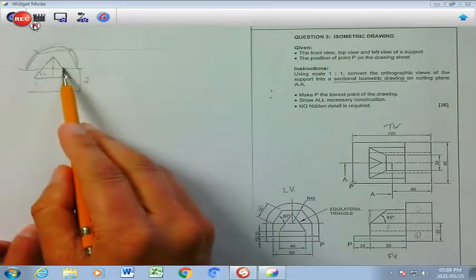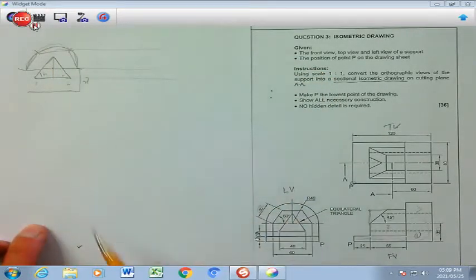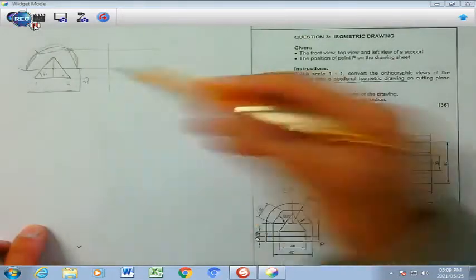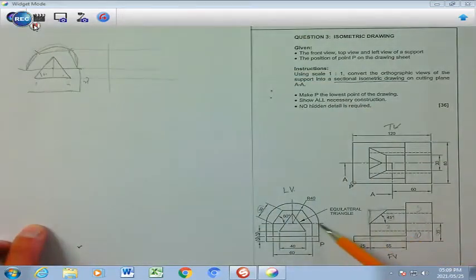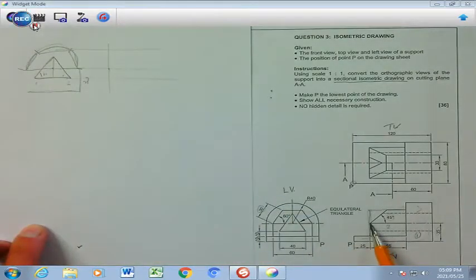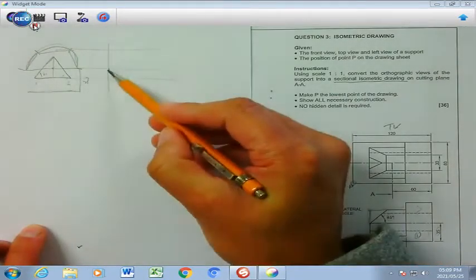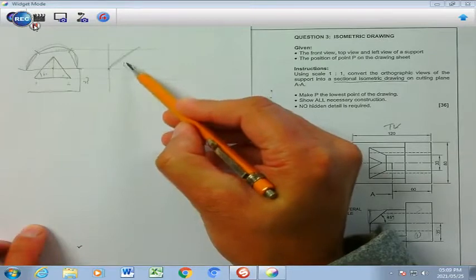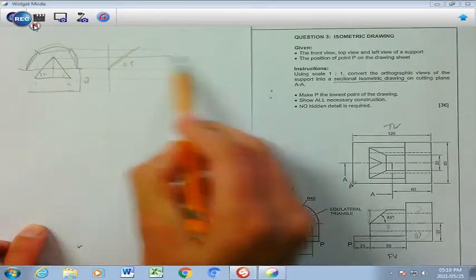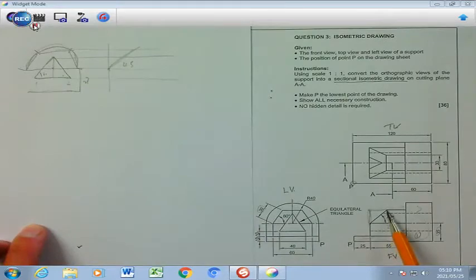And then you're going to project this over across like that, so that you have this piece of shape taken out and placed here, which means that point there is going to be this point over here, which is that point over there at 45 degrees. So you're going to have this at 45 degrees angle, and then you're going to project this over until you get that part over there,